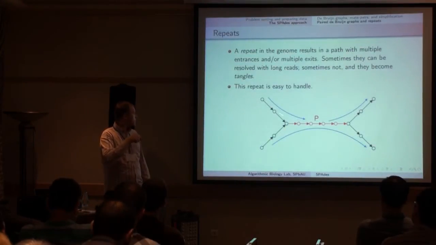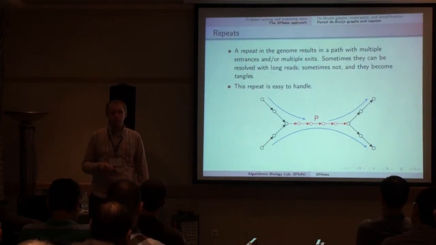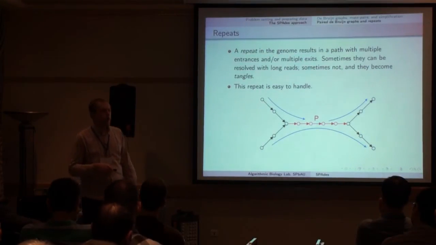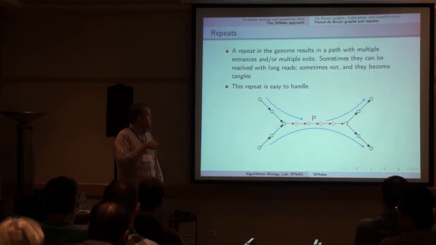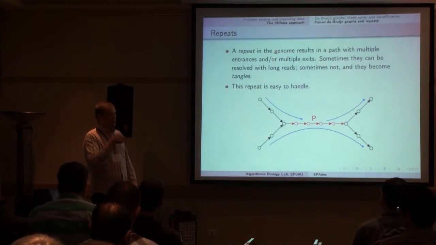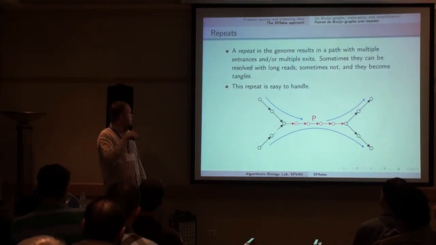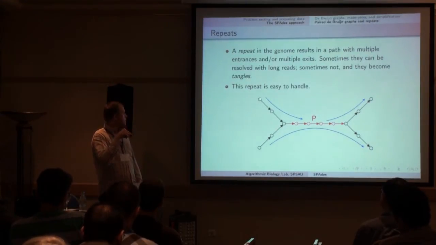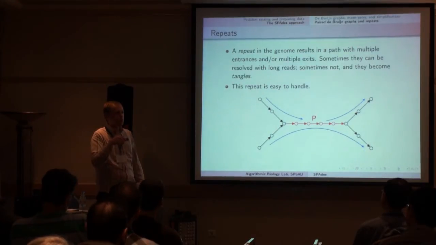Like here and then there. And the assembly problem here is how do you match the incoming edges with the outgoing edges? So suppose that you know everything except that you have a single path here and a single path there, but how do you know, if you come from here, where to exit? And this is crucial for